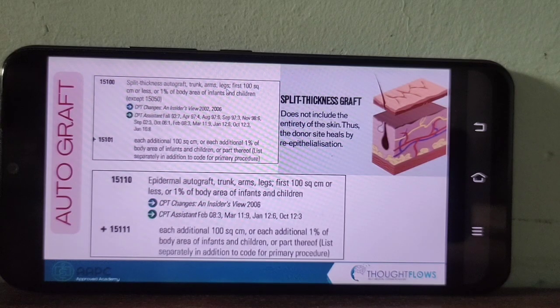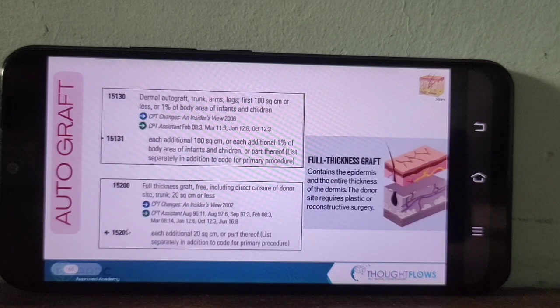So for a split thickness graft of trunk, arm, leg, the first 100 square centimeter is 15100. Each additional 100 is 15101. These two code sections are for split thickness graft. And for epidermal autograft, 15110 and 15111. And for dermal autograft,